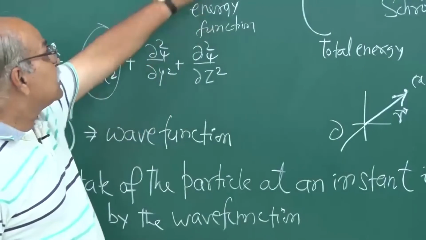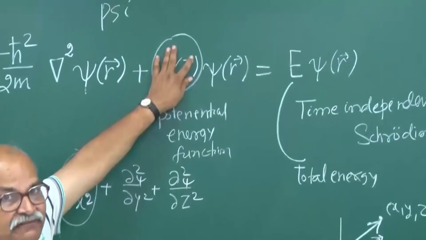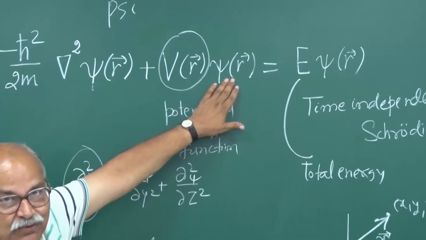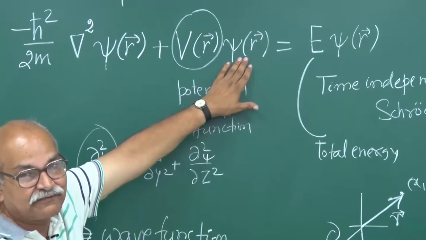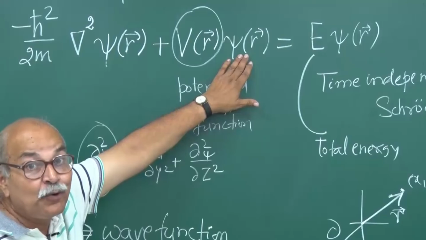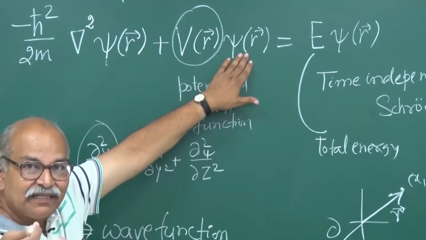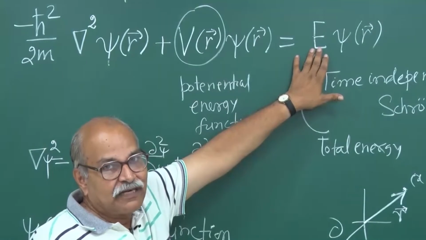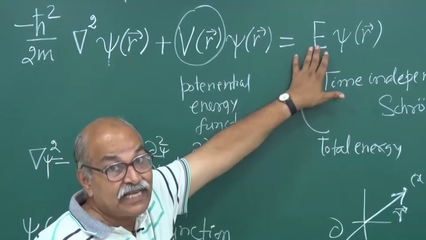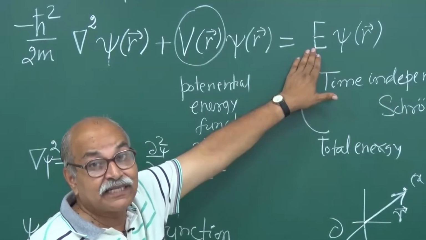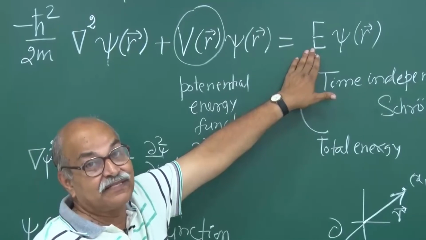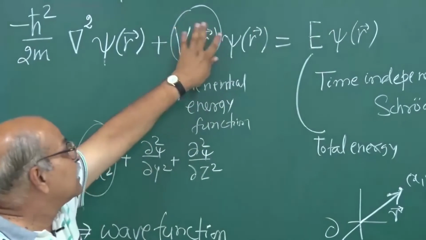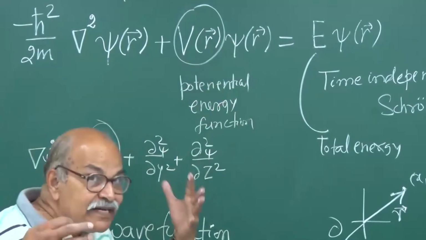But if this potential energy function is given to me, then this psi is something which I have to discover from this equation. It's a kind of unknown function, not an unknown variable. This is an unknown function, and this energy is an unknown value. This energy is just a number. It's not a function of x, y, z, etc. So I have to find this E and